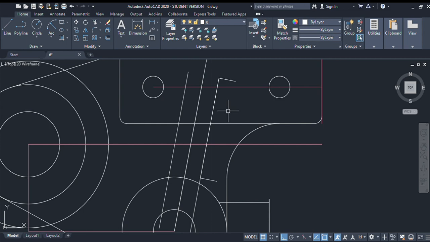Next, I will use the fillet command with a radius of 0.12. Another one. I will now remove this original line. And then